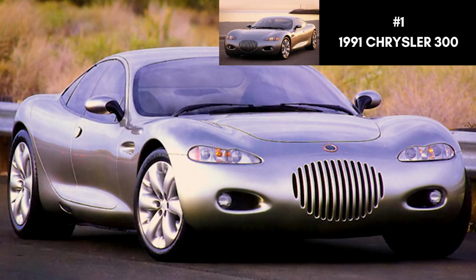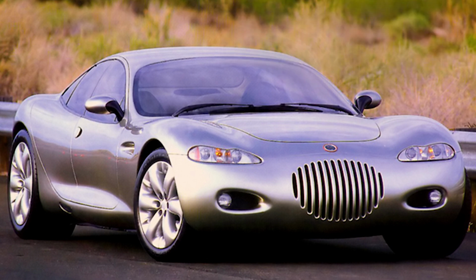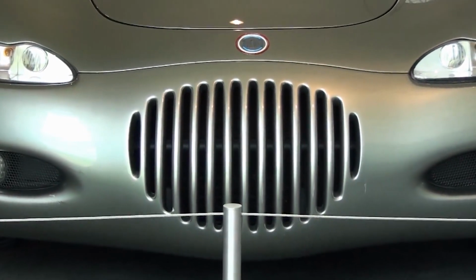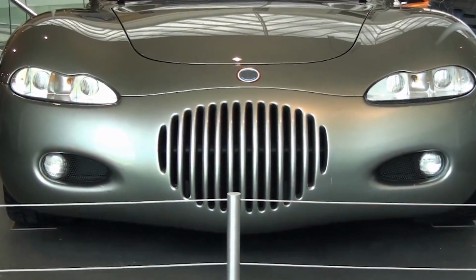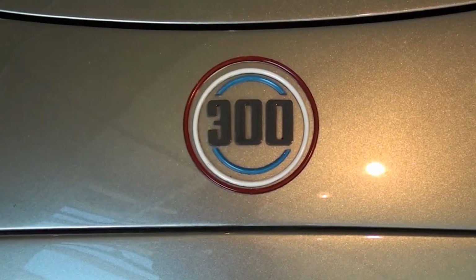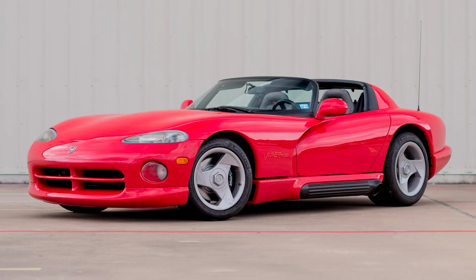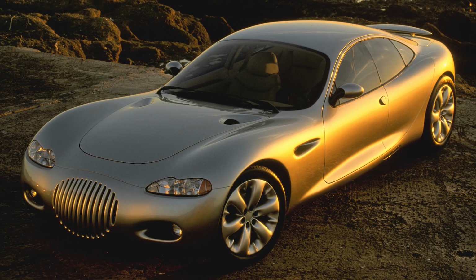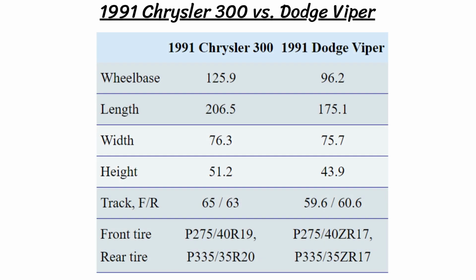With the release of the Viper as Dodge's halo car, Chrysler wanted their brand to have a flagship vehicle as well, and they created the 1991 Chrysler 300 concept to do just that. The entire vehicle was Viper based, right down to the V10, despite the 300 being the bigger car in every other way. The Viper space frame was used, but stretched by 2 feet 4 inches longer, half an inch wider, and 7 inches taller for the bigger body and wheels. The end result was a length of 206.5 inches and a 125.9 inch wheelbase,